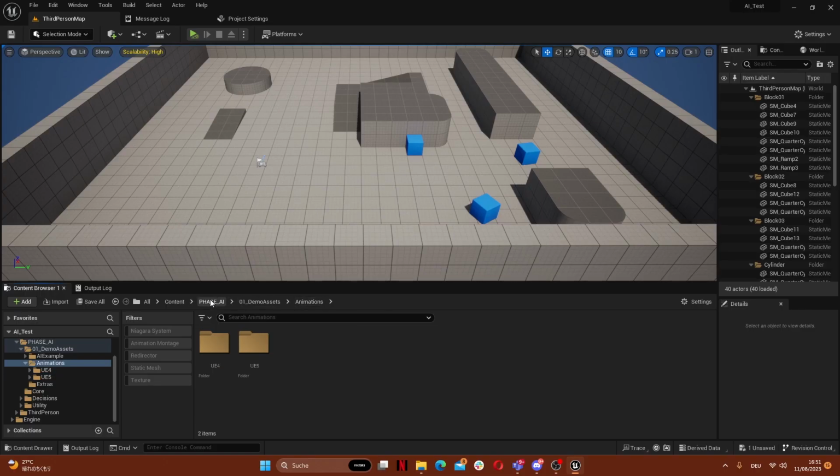Alright, so let's take a look at the animation blueprint. This is very simple, but let me explain it, because normally we would use AGR Pro for this, but the new update for the plugin is not yet ready, so we rebuilt a very simple version of it in the animation blueprints. Let's take a look. You find these in 01 demo assets, animations,